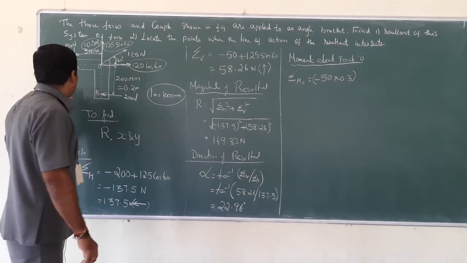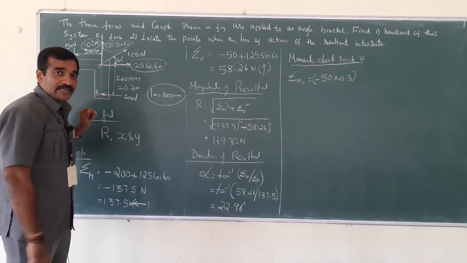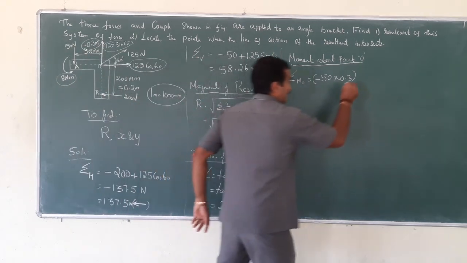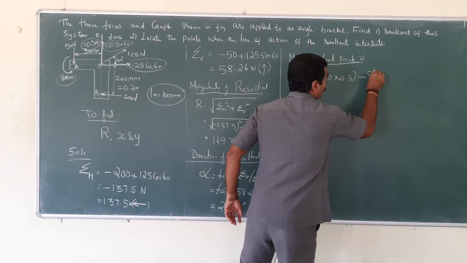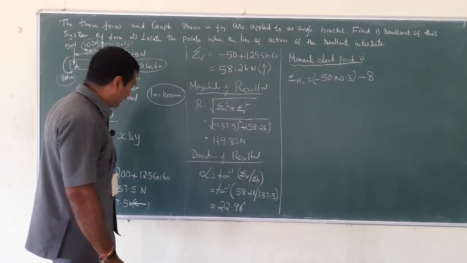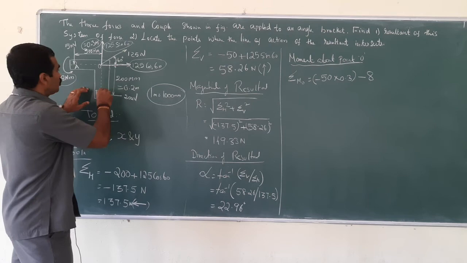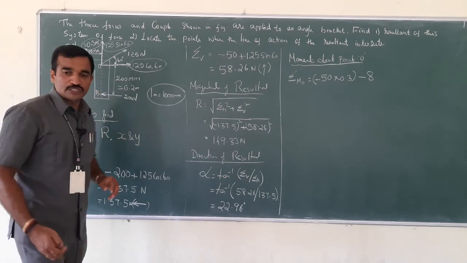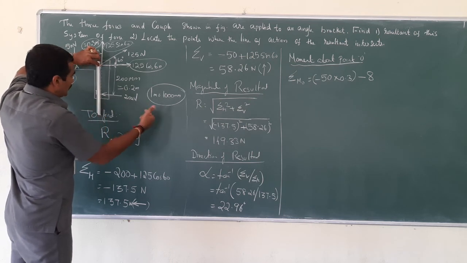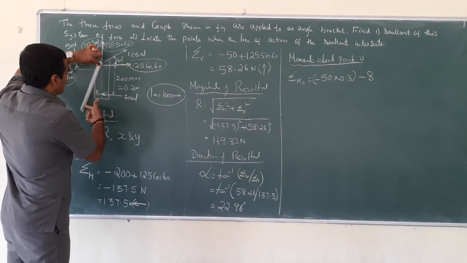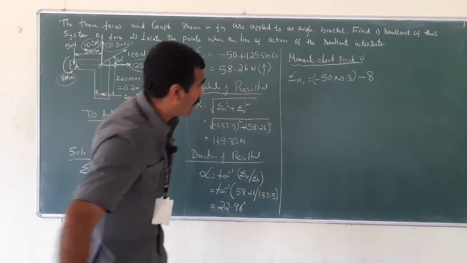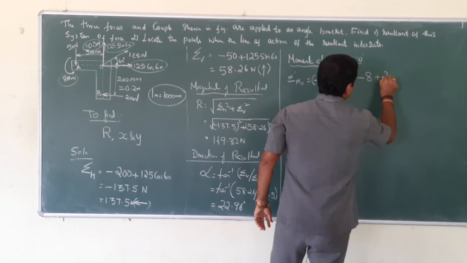This couple is rotating in the anti-clockwise direction with a magnitude of 8 Newton meter. So when it is in the anti-clockwise direction, we'll have to put the minus sign here. So the sign convention should be minus. Let me move to the point B, wherein a force of 200 Newton is acting here. If the force is applied here, it tends to move in the clockwise direction, therefore it will have a positive sign.